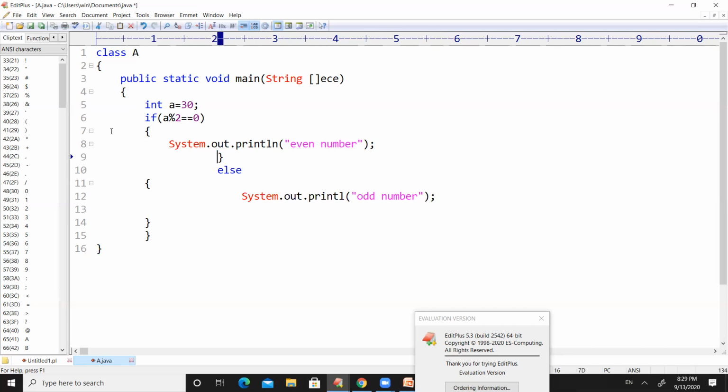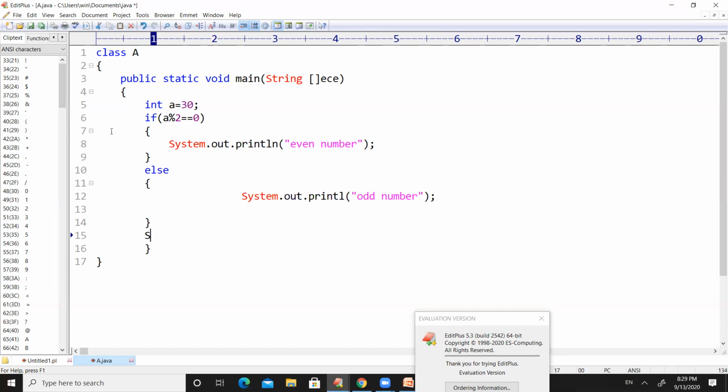So here we are trying to check the condition, right? The given number is divided by 2. We are expecting the remainder should be 0. If it is 0, then the given number is an even number. And if it is not 0, the given number is an odd number.